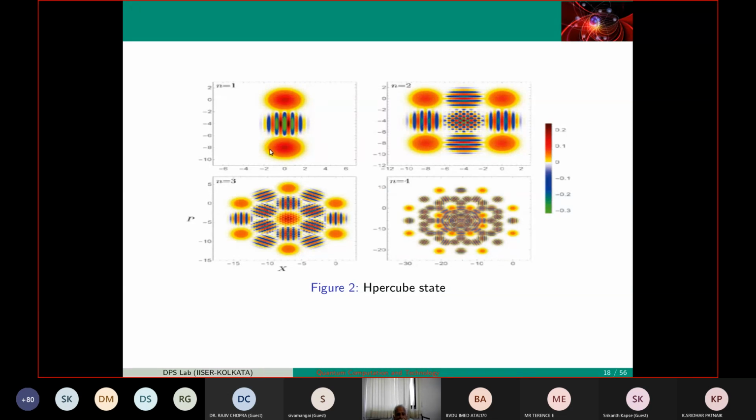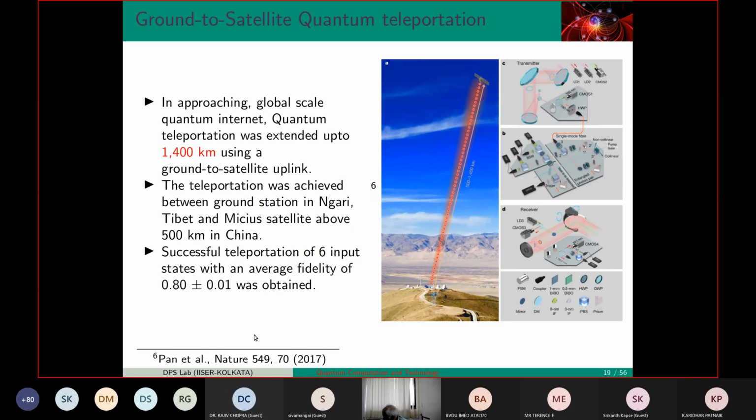And cat state, you can use it for explaining paradox, like Schrodinger did, dead or alive, or you can use it for computation. You can search in Google, you will find cat code. It has been shown again in 2017-18, which people are designing experiments on now, that this cat state can be used for quantum computation. This is in fact the first example of continuous variable states which have been used for quantum computation. So far, we have been using only discrete variables, the ones which I showed you. Okay.